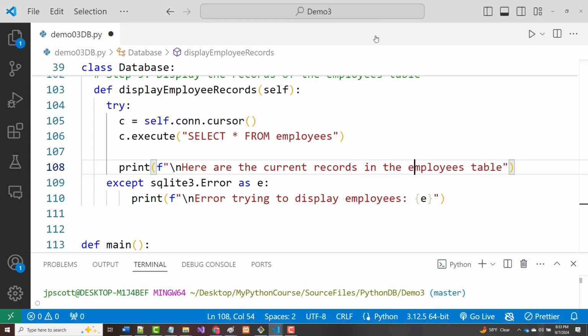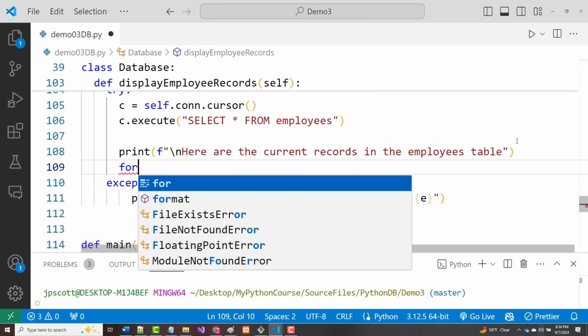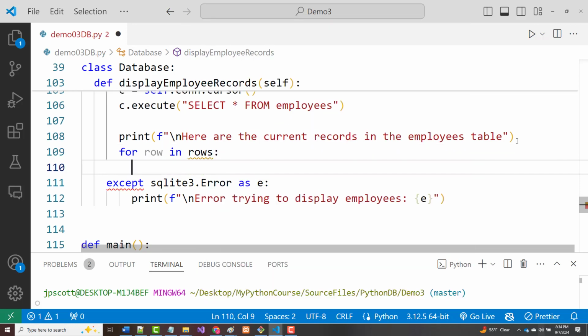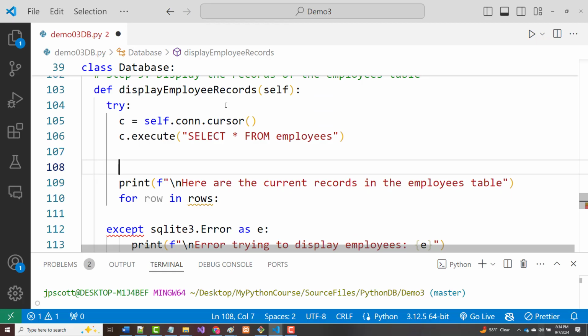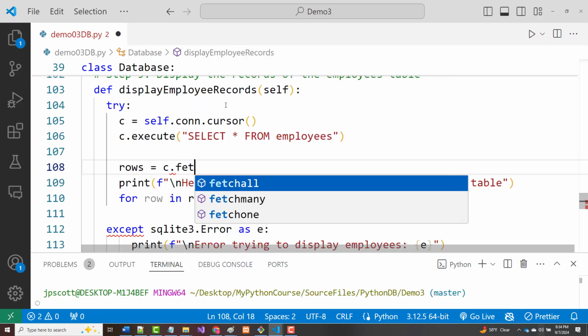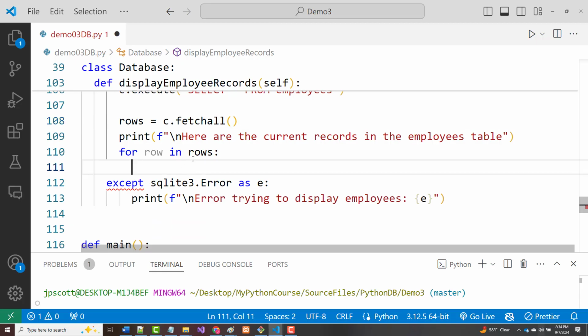All right, so we will have to loop through these, and we will say for row in rows, and we didn't do a fetch all, which would be kind of nice. We better get those records. So rows equals c.fetchall. All right, so for row in rows,